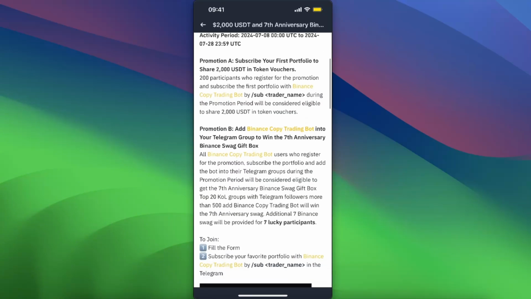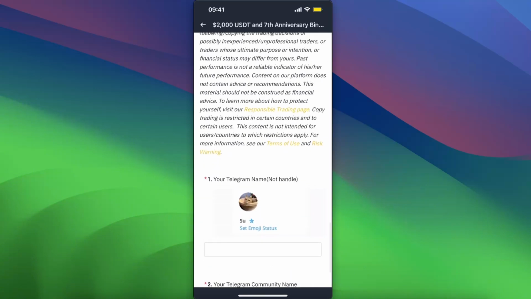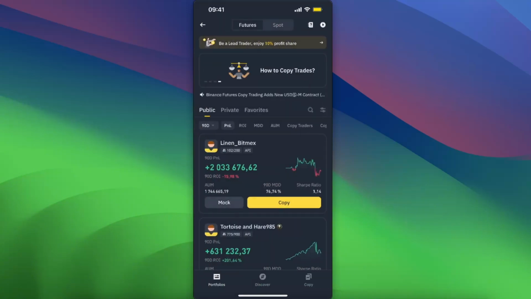So as you can see, there's a lot to do, like join, fill in the form, and subscribe to your favorite portfolio on Binance Copy Trading Bot. And after this, you will earn some reward. Now, of course, you earn rewards by referring your friends, and to